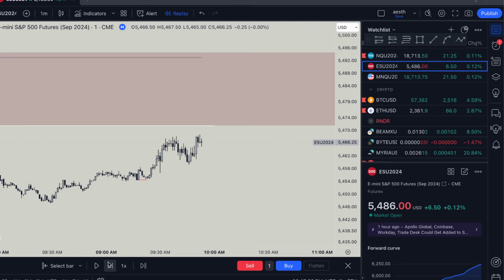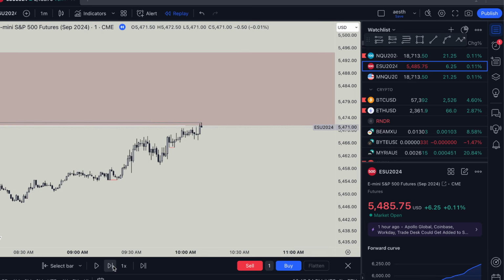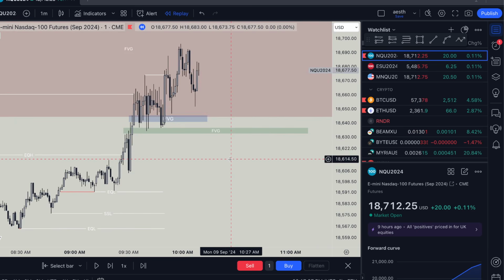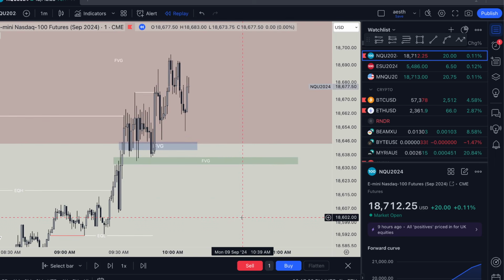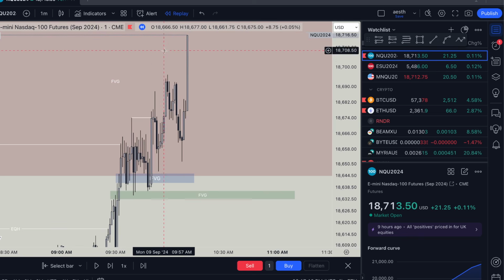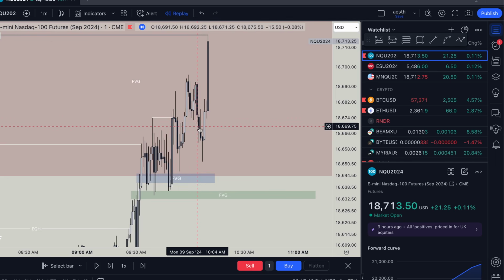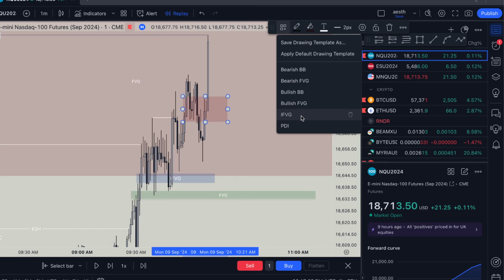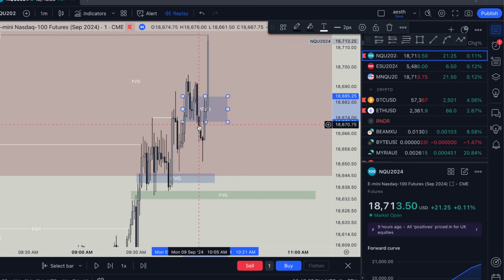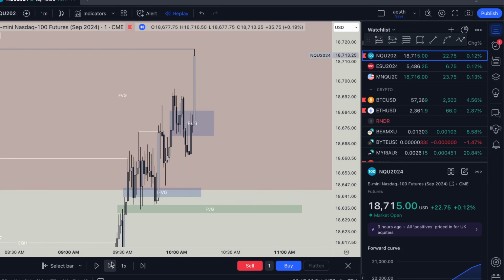And so you can see that eventually ES hits this draw. Now we can go back to NQ, and now we can focus on NQ. So ES hits this draw, and we get this little manipulation move up. So people were entering early off these inversions right here, and ES had yet to hit that unfilled hourly, but ES hits it around this candle, and then price rips up one more time on NQ,